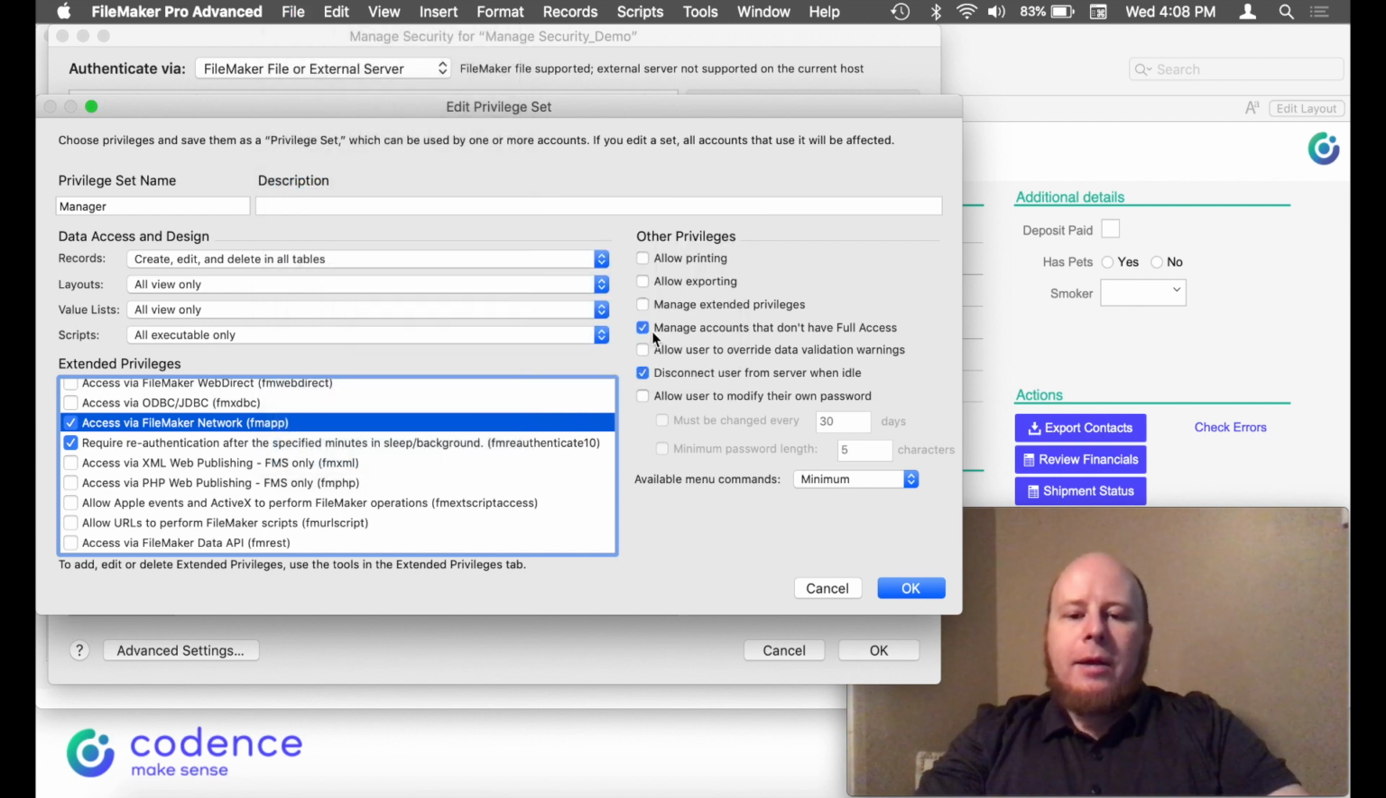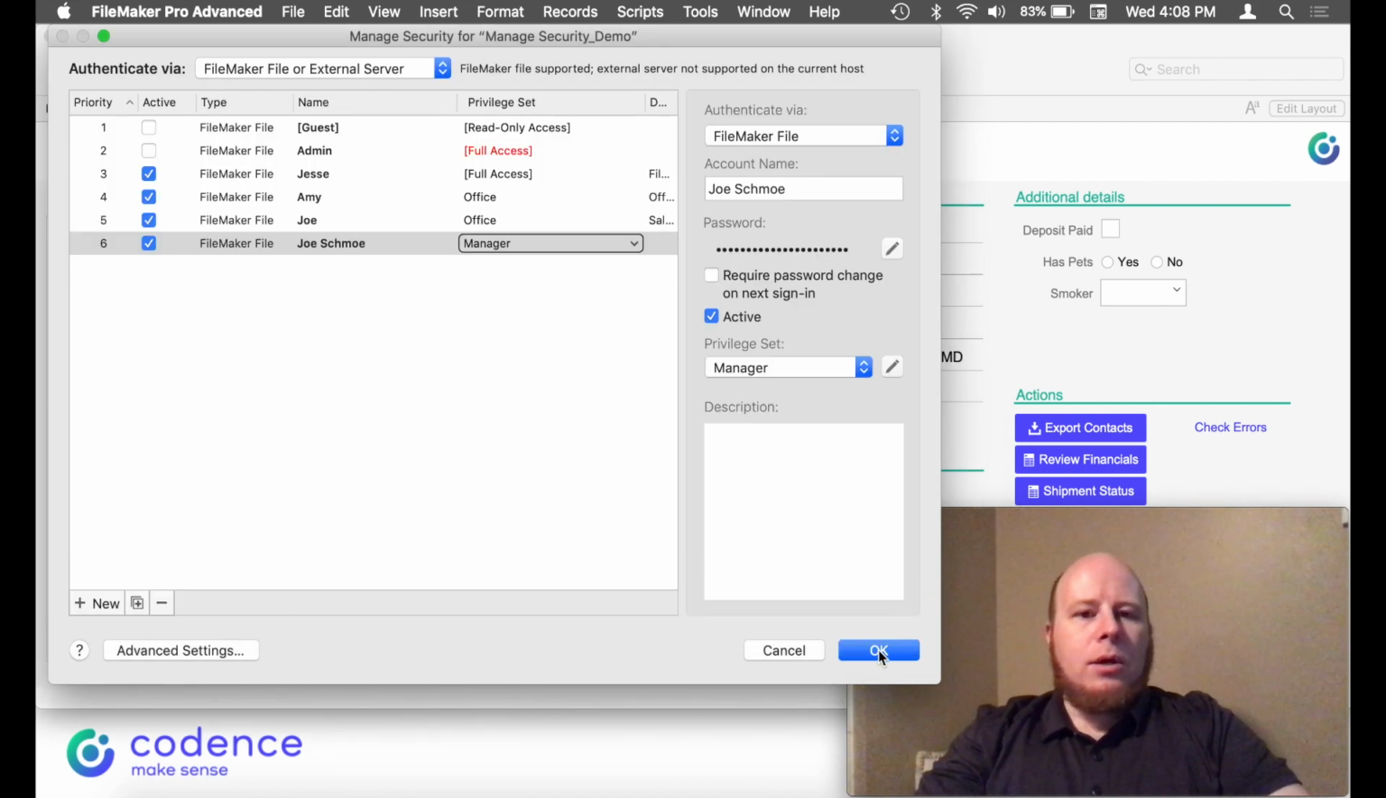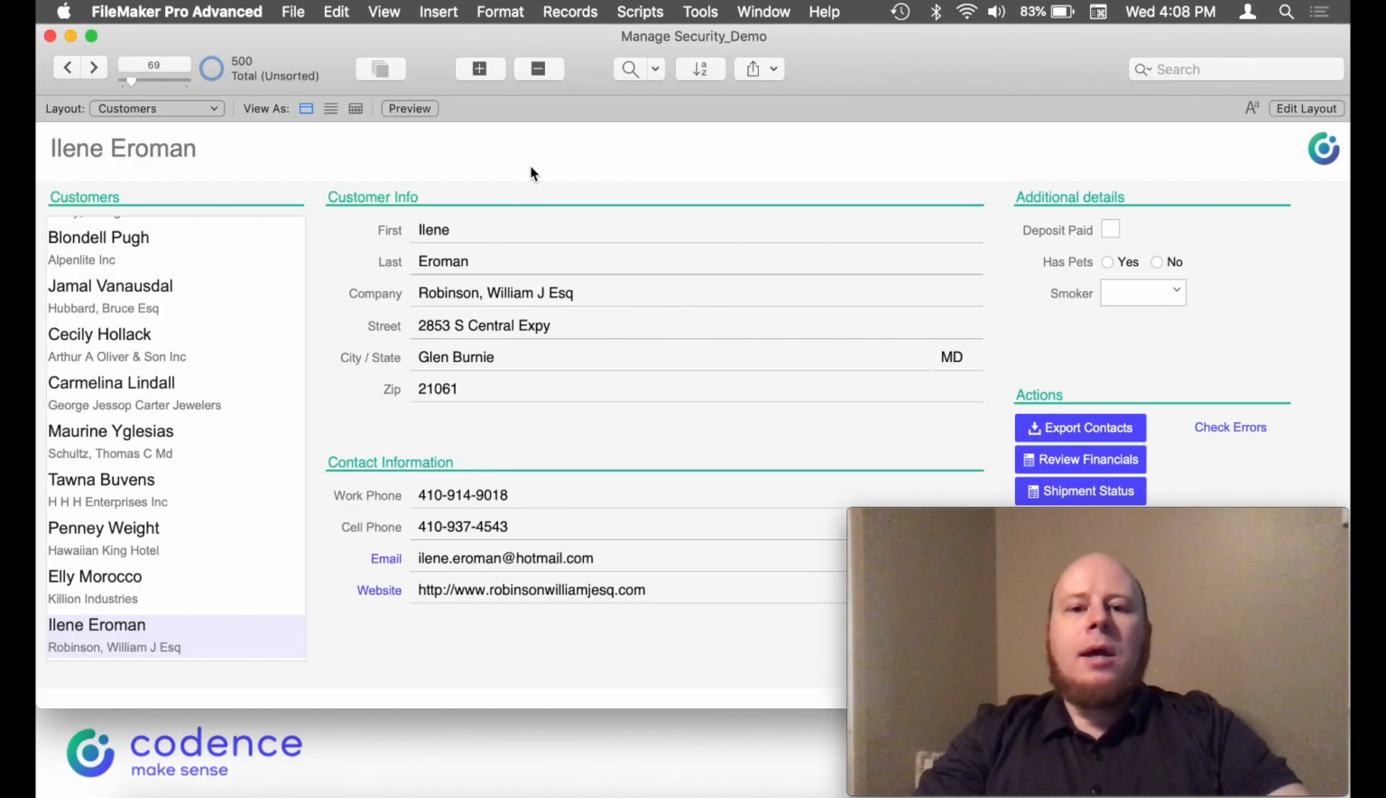So really, just keep in mind that if you are going to try to give a particular privilege set this new manage accounts that don't have full access option, make sure that that privilege set also is given access to all menu commands. Otherwise, it's just not going to work. So with that in mind, we'll do that. We'll hit OK. And then now, if we re-log in here,